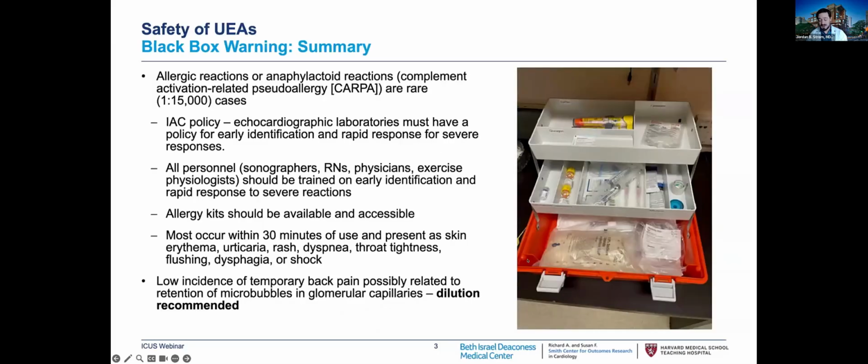So there's lots to talk about utilization and the benefits of contrast, but one of the critical aspects of contrast use is, of course, the safety of these agents. It is known that in general, ultrasound contrast or ultrasound enhancing agents, as they're sometimes called, are associated with about a 1 in 10,000 to 1 in 15,000 rate of an anaphylactoid type of reaction, which can be a severe reaction. It is anaphylactoid, not anaphylaxis, in that you don't require any prior exposure to contrast in order to